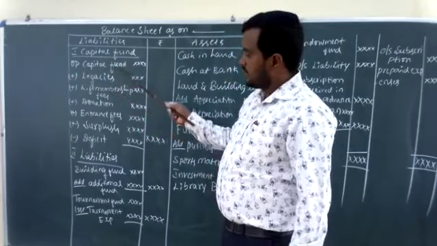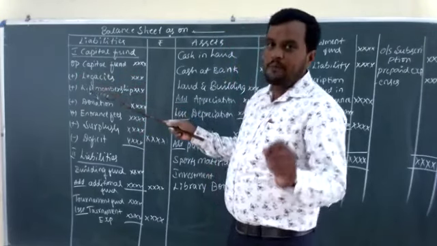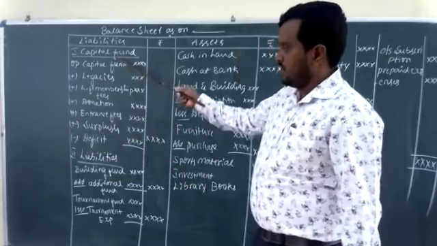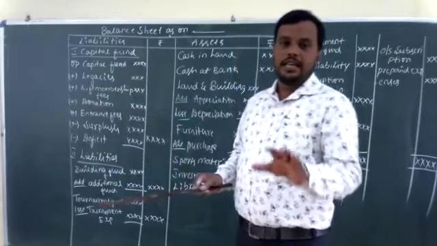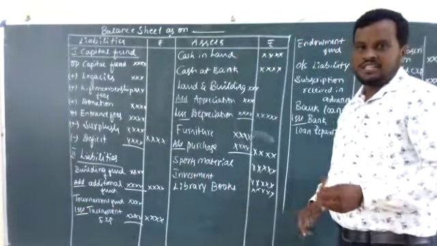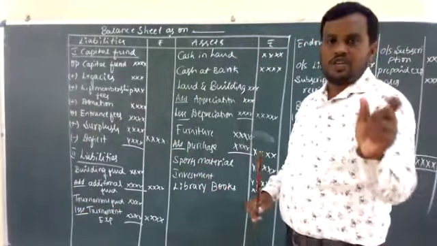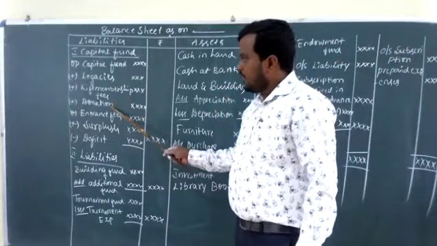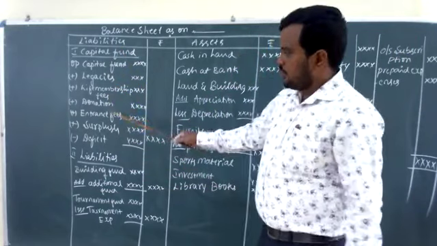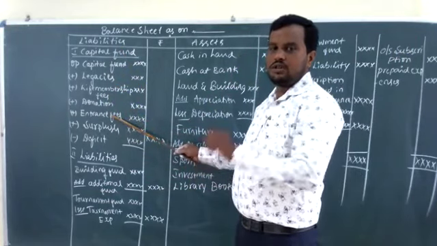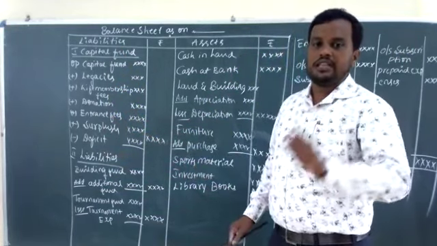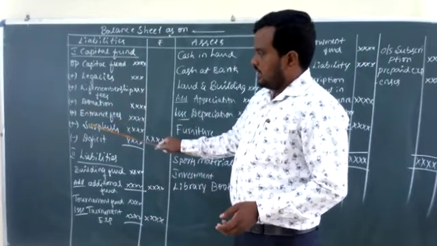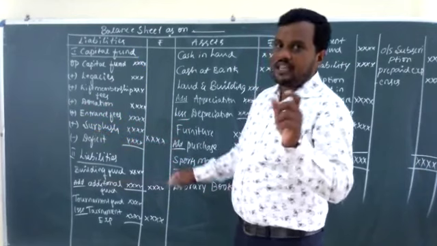Life membership fees, because these two are capital receipts. All the capital receipts are added to the capital fund. And donation, if any instruction is given in the problem or adjustment that the donation is to be capitalized, during that situation the donation is added to the capital fund. Next is entrance fees. If it is clearly given in the instructions in the problem, we can add it to the capital fund. And we get the answer from the income and expenditure account.